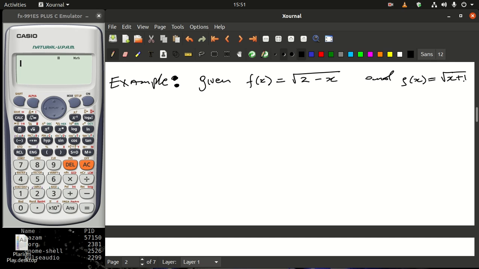I'm just gonna go with root and root, and the question is find